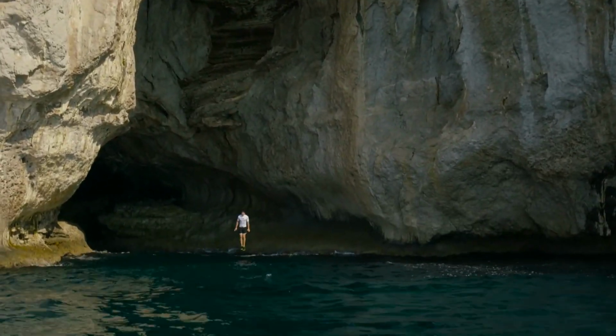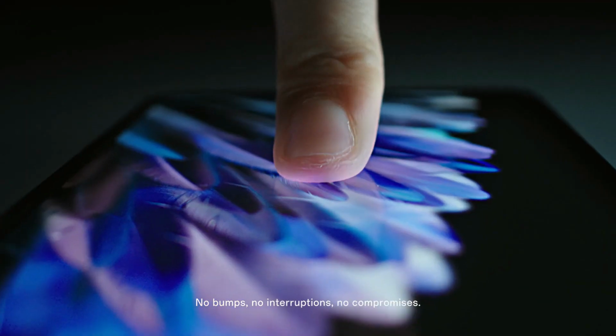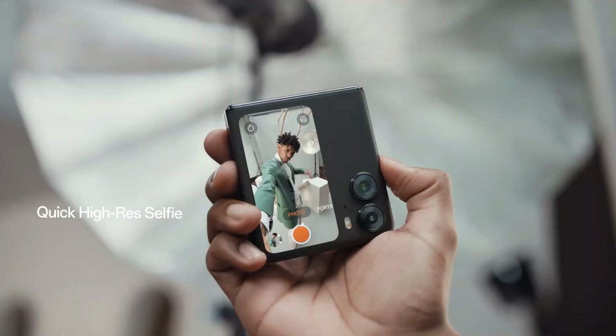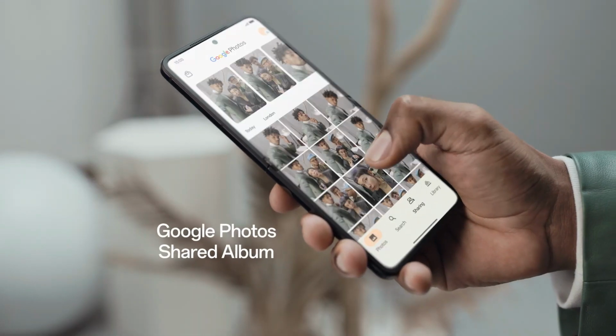In this video, we're diving into the leaked details of the Oppo Find N3 Flip, exploring the improvements that might make it even more remarkable than its predecessor. From a powerful chipset to enhanced camera capabilities, we've got the scoop on what to expect from this anticipated foldable